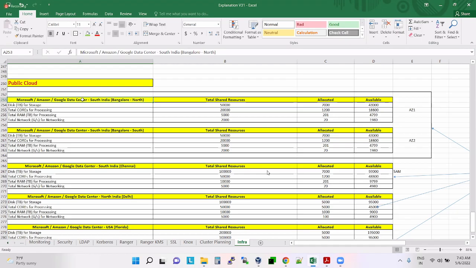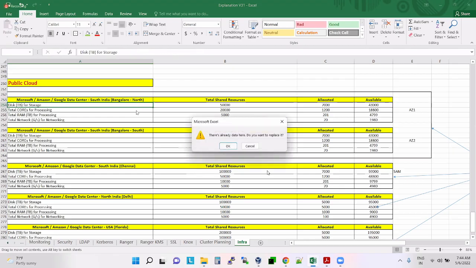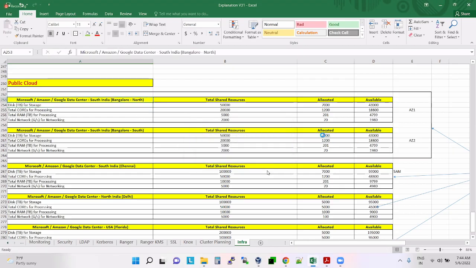Here also it is the same thing. All your data will be stored in the Microsoft, Amazon, or Google data center. Nothing is stored on your company premises. Nothing is in your building. These resources can be used by different companies, not only one company. These are called public clouds.